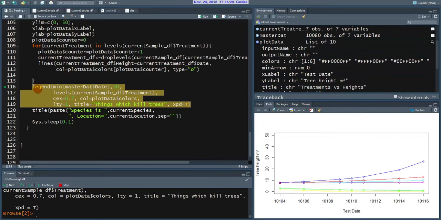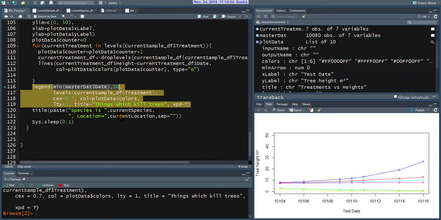Now we need to add a legend. The legend syntax is built in R. First thing I have to do is tell it where I want to put the legend. I need to give it X and Y coordinates. The X coordinate is going to be the minimum of my x-axis, which I can go back to my master data and know that it was the first date. I'm going to pick 50 for my y height because that's what I picked out of a hat for this